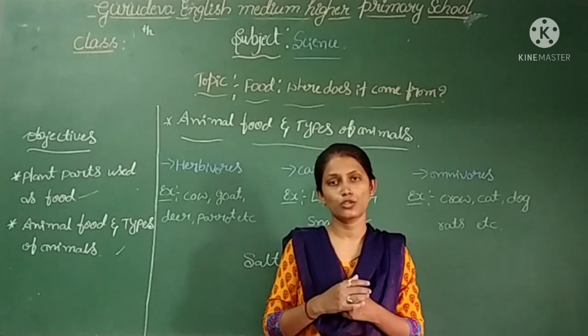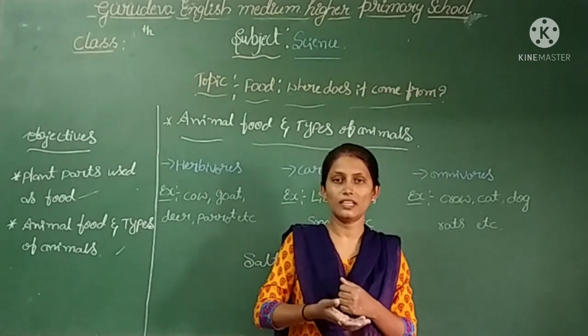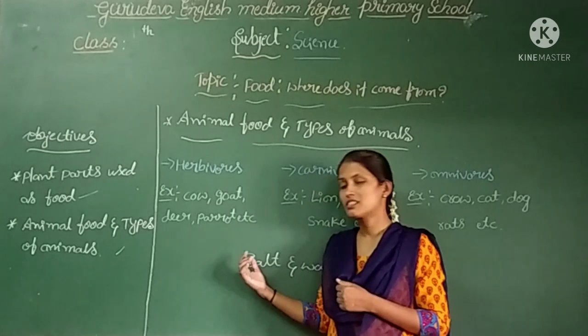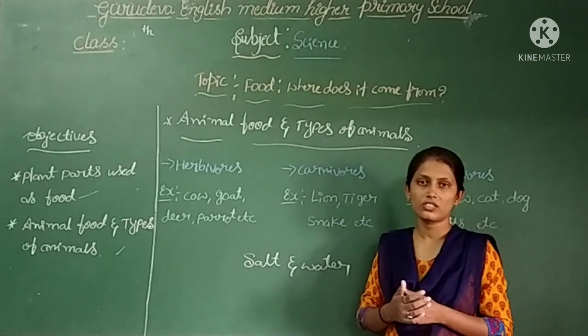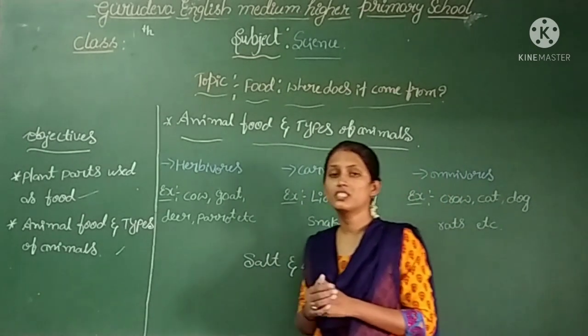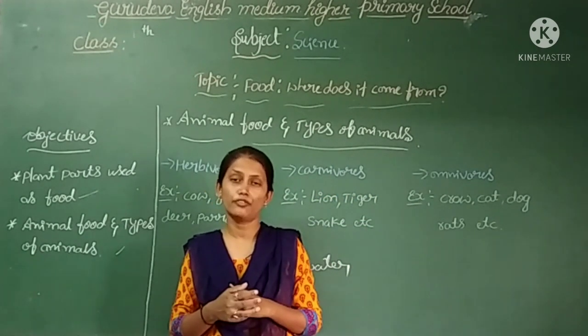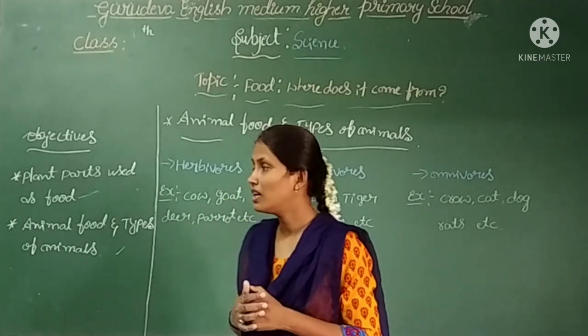We obtain the sources of food items from the plant source and the animal source. With that, we also obtain salt and water from other sources. Later we discussed the plant parts we use as food. At last we have learned what are the